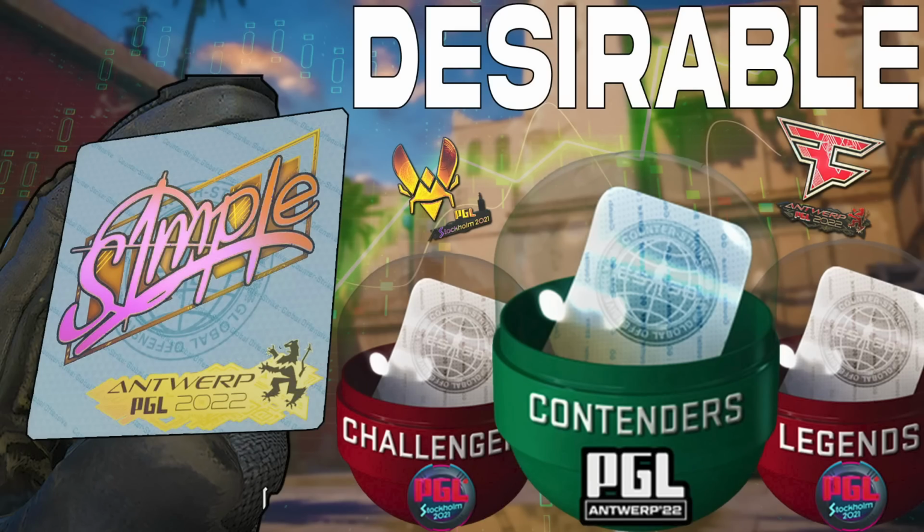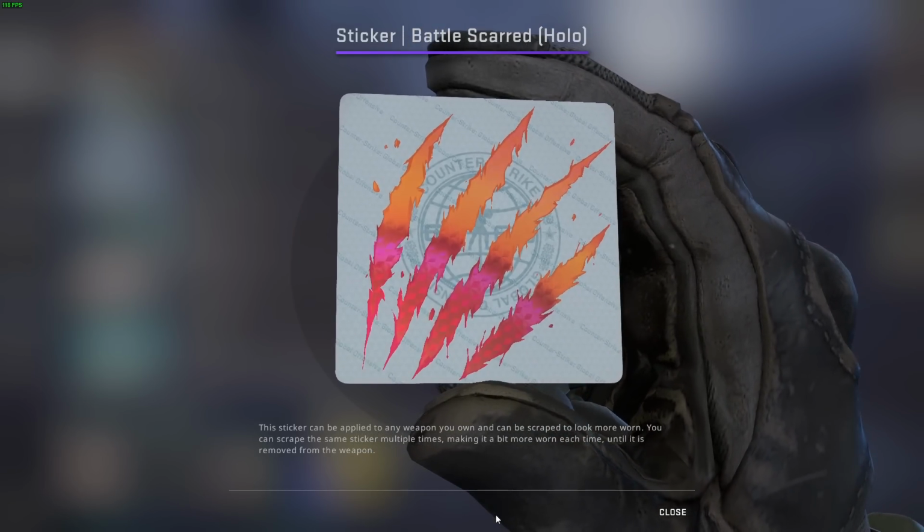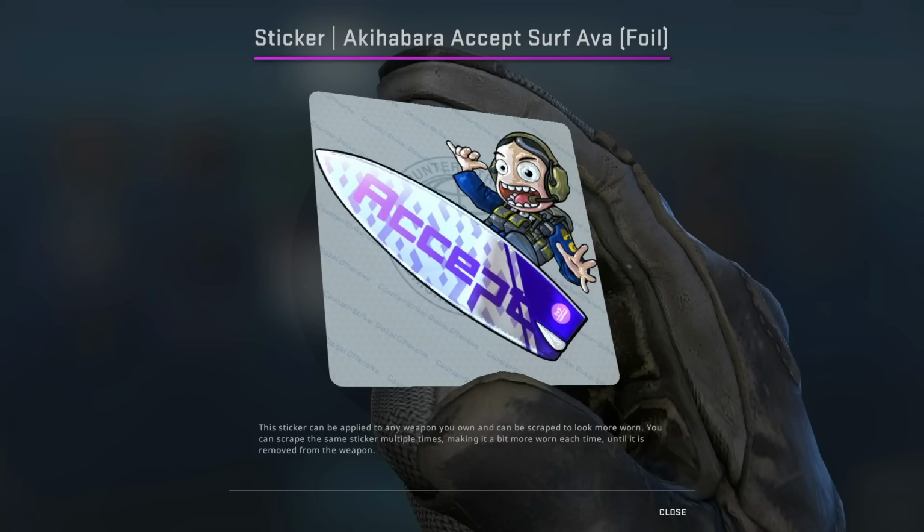Very similar to why Stockholm and Antwerp took so long to go up in price, is the same reason why Broken Fang stickers are not going up as quick and as fast as they were at one point, is because there's a lot better options, either for a little cheaper or a little bit more, that just blow it out of the water. This was peak CSGO, not for the operation, but for cosmetics. This was absolutely insane, but